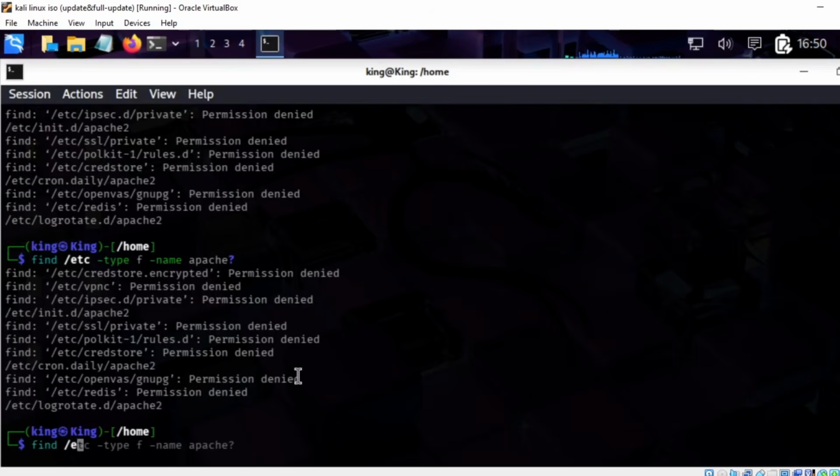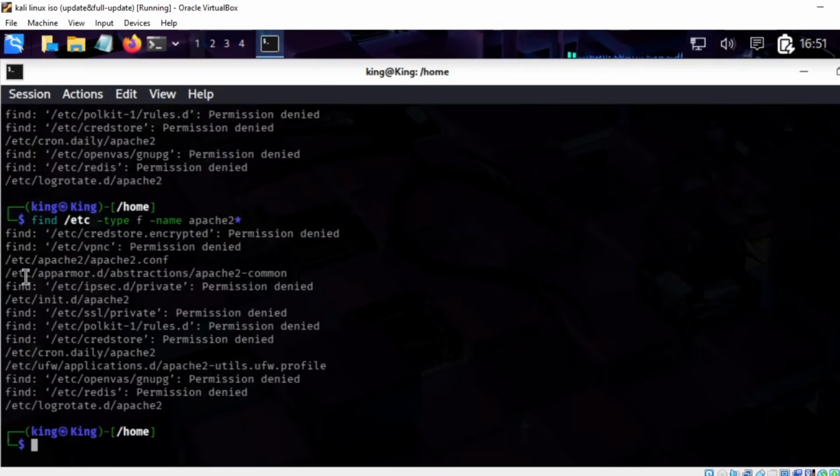So find slash etc, for example, dash type f dash name. F is for file, and the name of the file in this case is Apache 2. Okay, and you can use this with any extension, or you can use it like that. It will find you everything about Apache. See? You got Apache over here, Apache over here, Apache over here, but it will find everything that is related